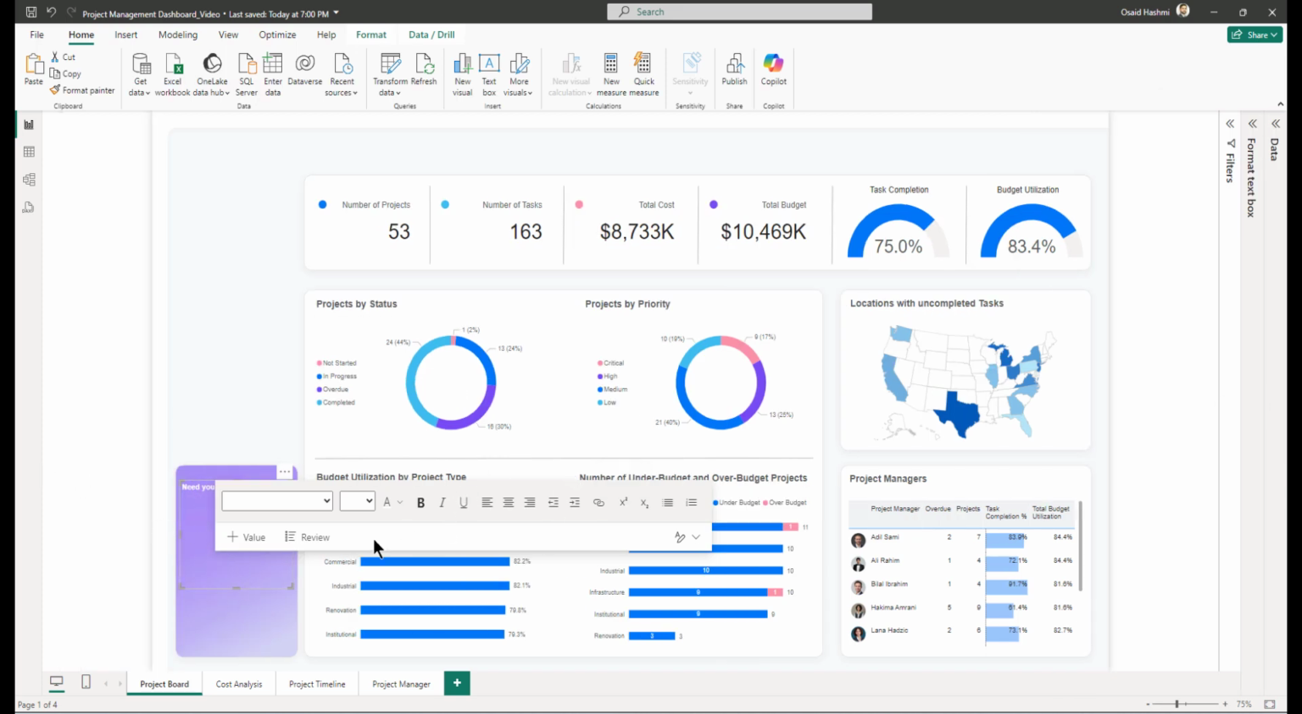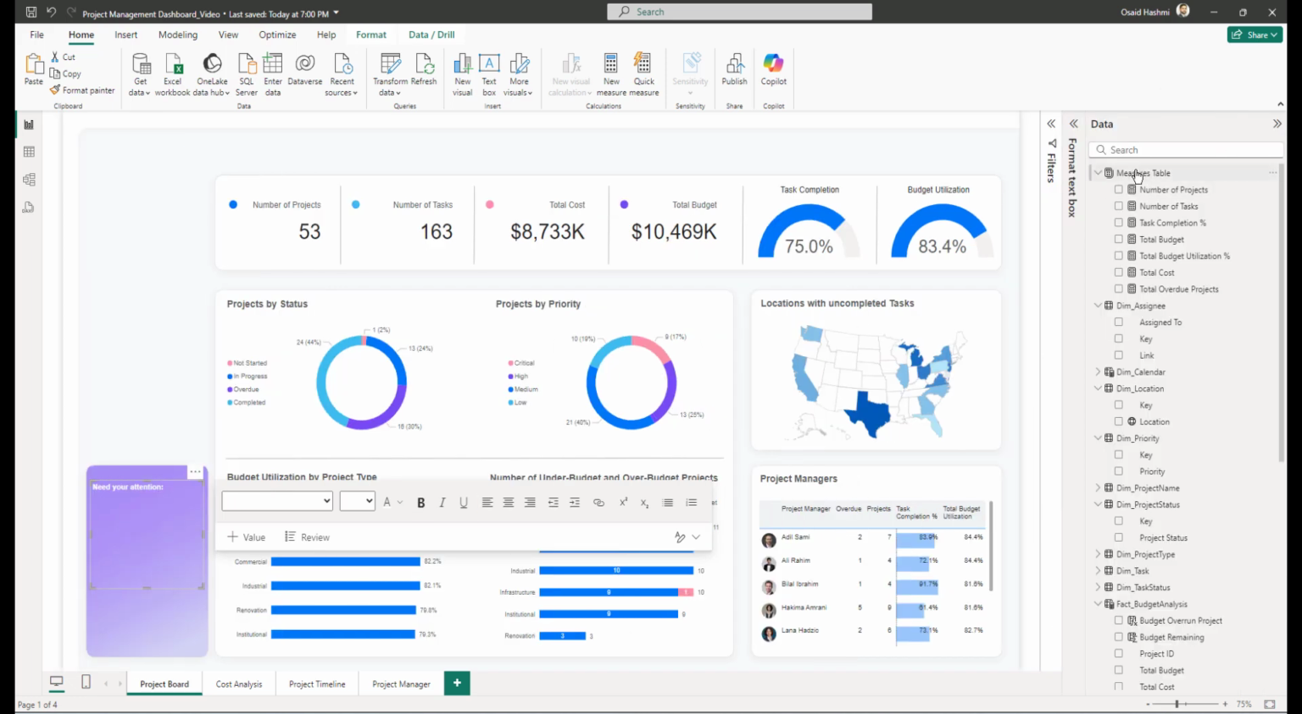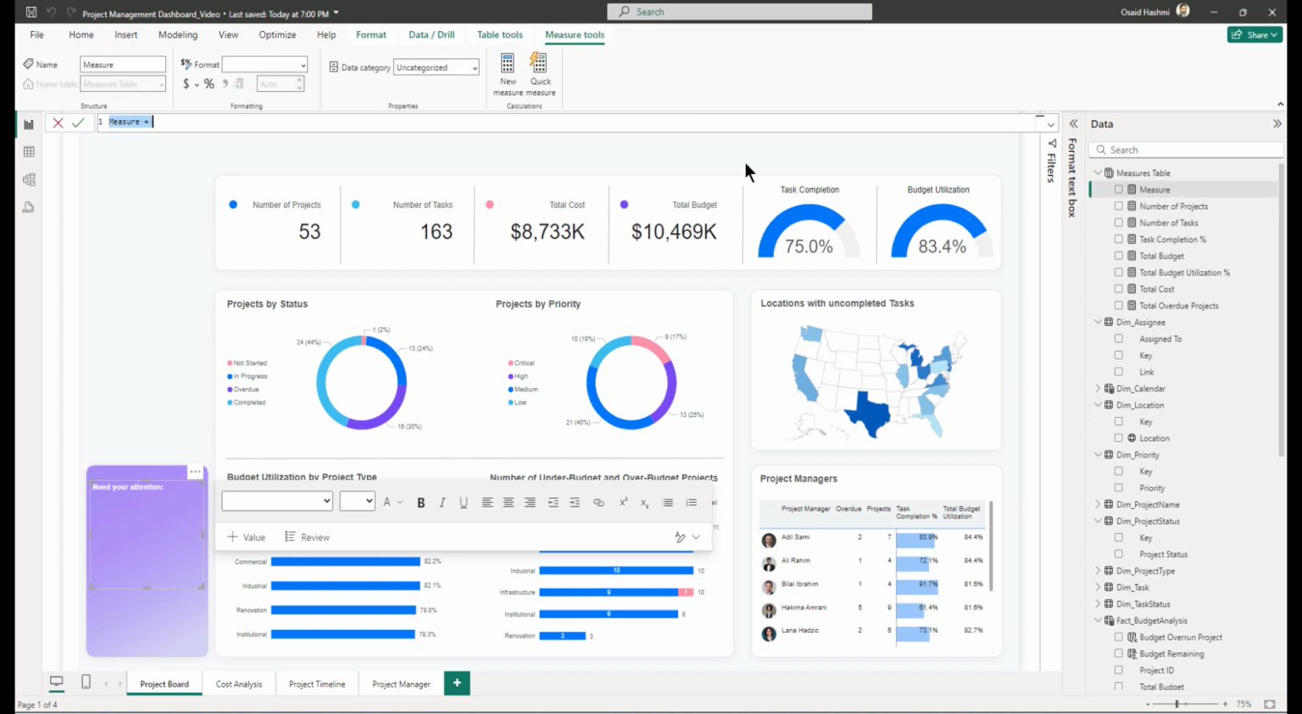And now we have to put some of the points, for example, and now we have to create some measures that we are going to show here. How we are going to do that? We go to data and we are going to create a measure. Let's say the most overdue project. So most overdue project